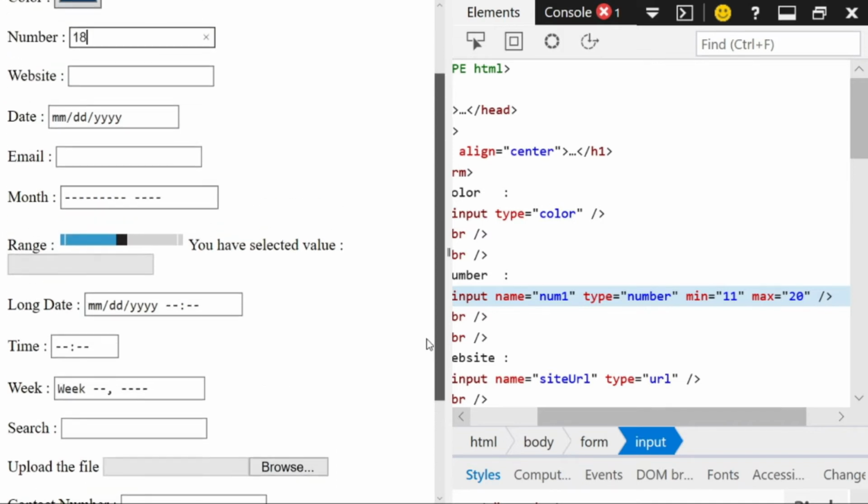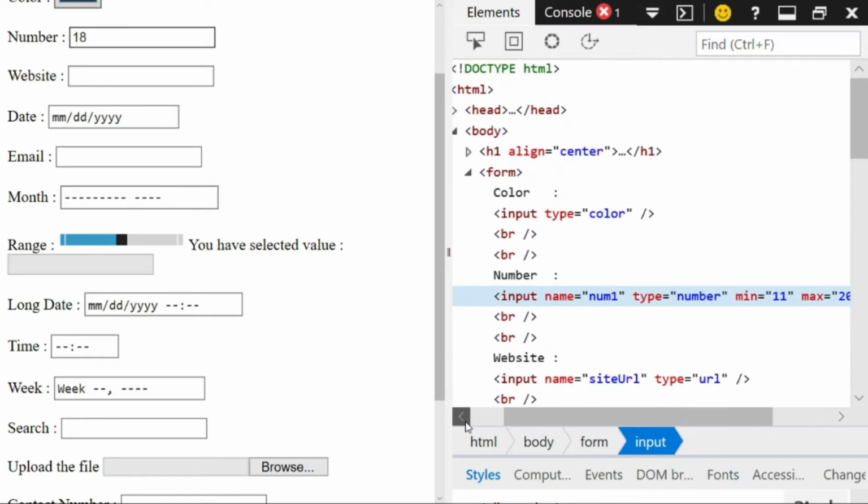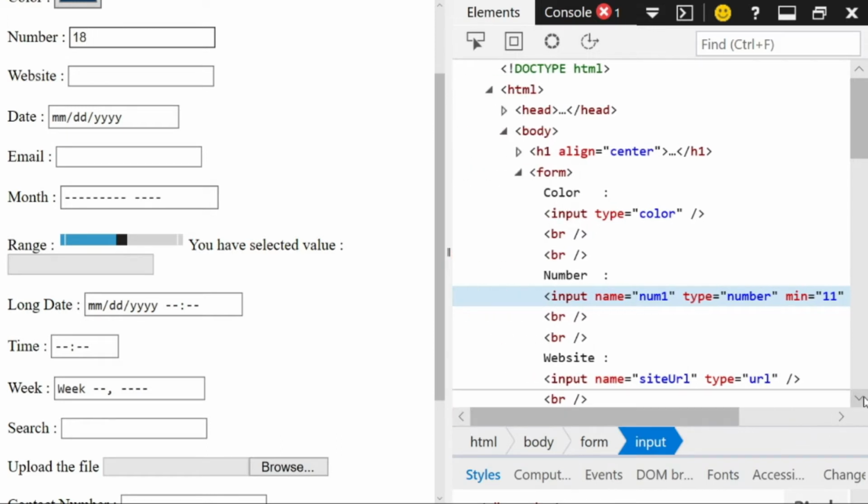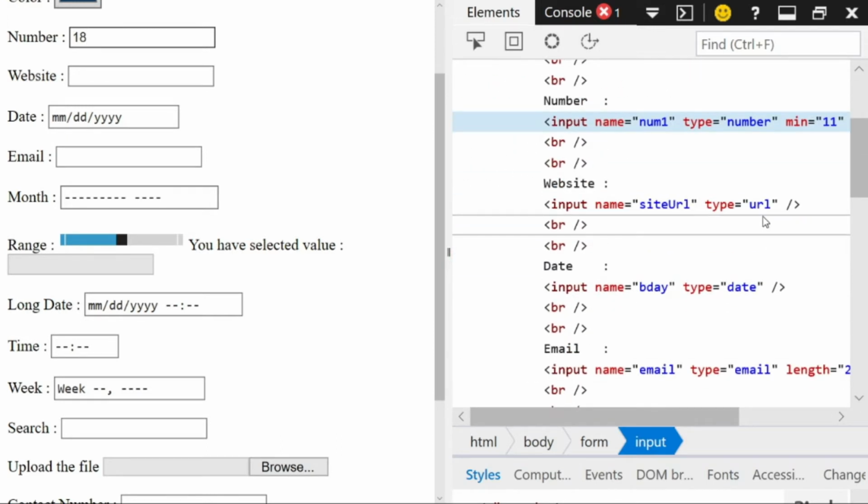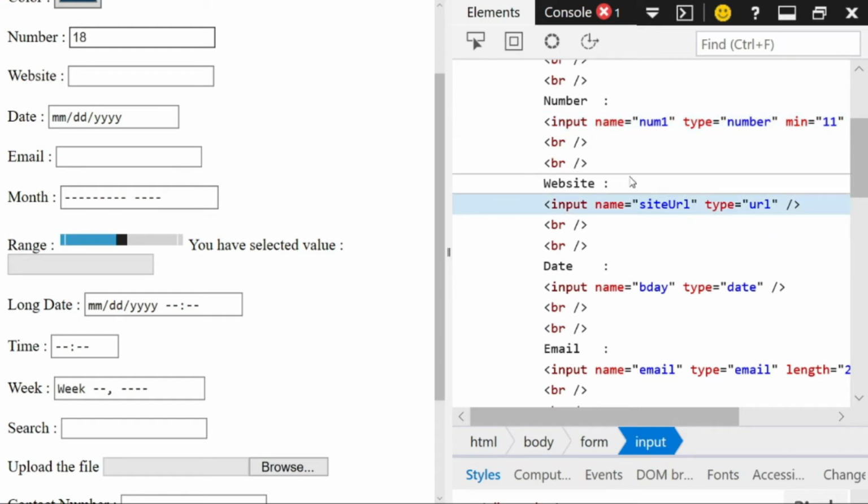The next type is the website. This can be done by using input type equal to URL. In case I type a value which does not follow the convention of a URL, let us see.